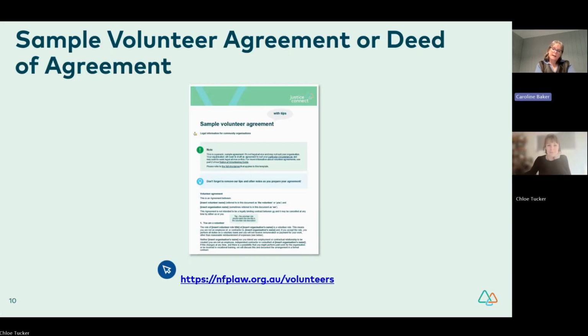From our volunteering webpage, you can also download a sample volunteer agreement with drafting tips. Using the tips published in the sample agreement, you can adapt the template to suit the needs of your organisation. The sample volunteer agreement has been drafted as a non-legally binding agreement. However, in some situations, an organisation may want to place a stronger emphasis on protecting confidentiality and intellectual property. In that situation, a sample confidentiality and intellectual property deed is also available from our website. You can also refer back to our National Volunteering Guide for guidance on when it is appropriate to use an agreement or when it may be more suitable to use a deed.